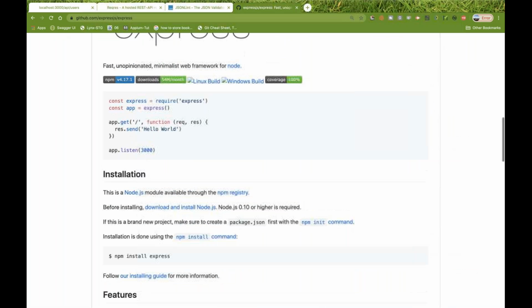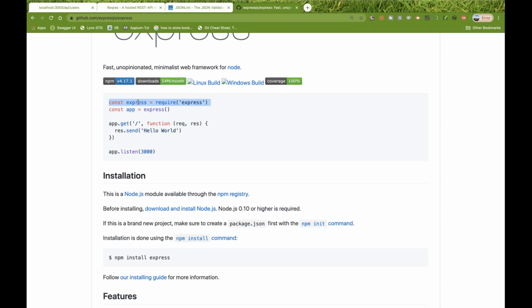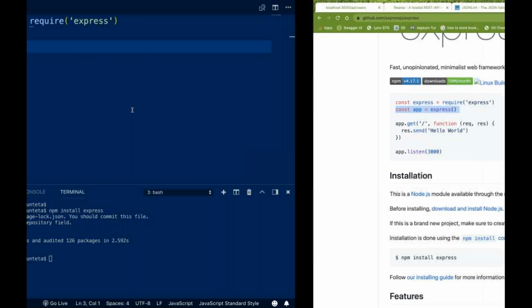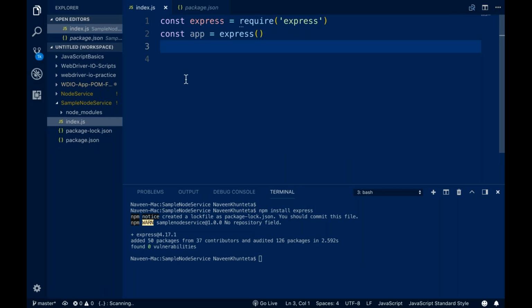So this is the exact thing they have written over here like this, right? Then what we have to do, we just need to copy paste this, and then the express method is there which will return one app object over here like this. Okay, so let me write it like this, and then like this, or you can ignore the semicolon also. Then what you have to do, you have to create